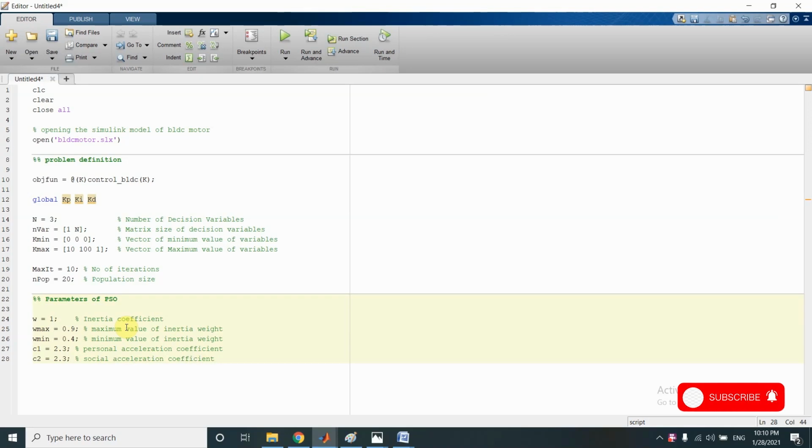All these parameters of PSO, W, C1, C2, W max, W min, the importance of these parameters and the effect of these parameters on the working of the algorithm, that we will understand when we see the PSO algorithm in detail later on. For now, we have initialized the parameters of PSO, and now let us initialize the parameters of GA.